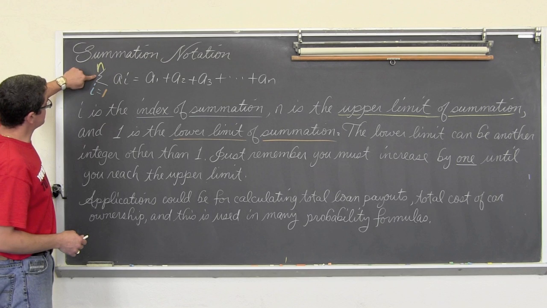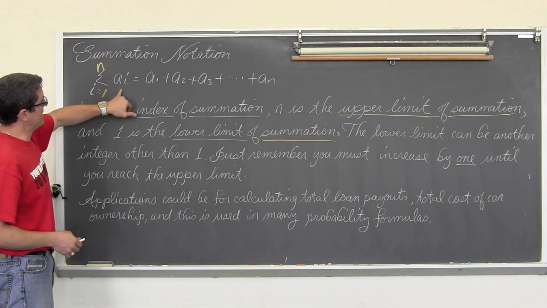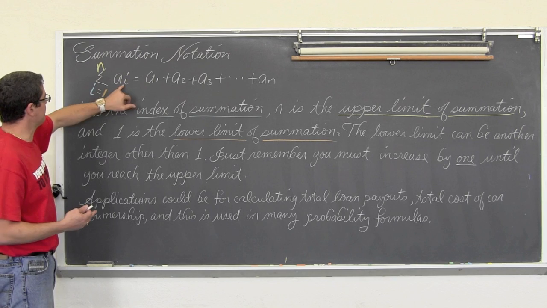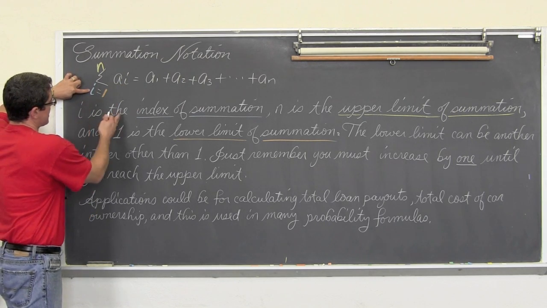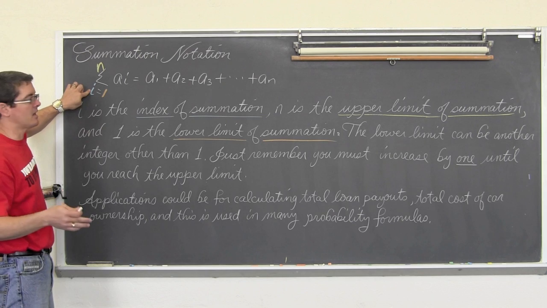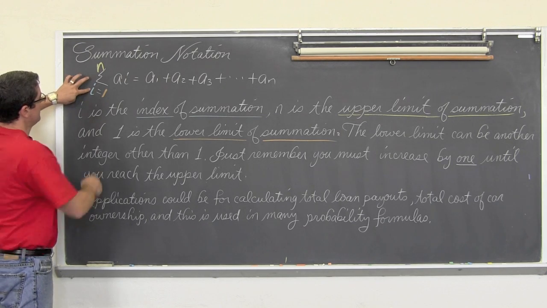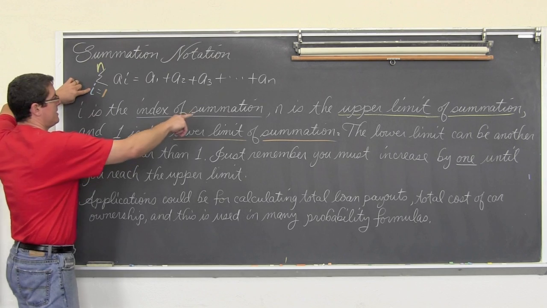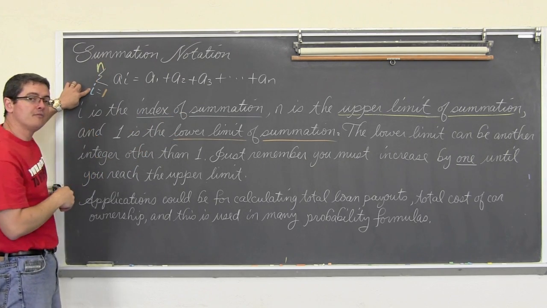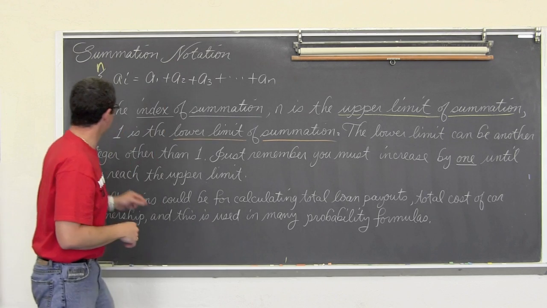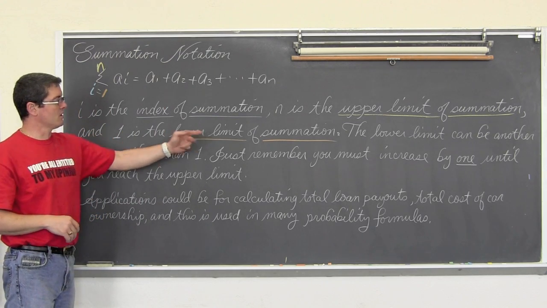So we've got this Greek sigma letter. It'll be to the left of some kind of algebraic expression, and we have this index i. You don't have to use the letter i. You can call it n, k, whatever letter you like, but there's some kind of index, and i is called the index of the summation. The n, this number at the top of the Greek letter, is the upper limit of the summation, and 1 is the lower limit of the summation.